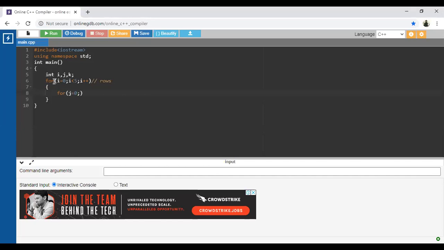Then the condition: j is less than i minus 1. Okay, guys, listen. 2 into j, i less than i plus 1. So first of all, draw this particular structure.